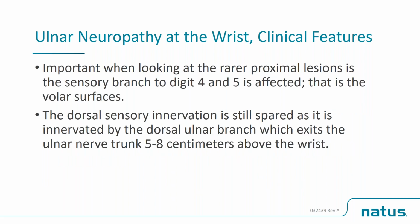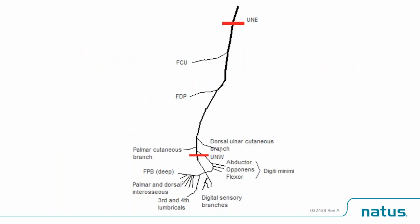And then, of course, looking at proximal lesions, dorsal sensory innervation is spared. Again, if the lesion's at the wrist, because it comes off proximal to the wrist. And there's the picture. So I don't know if my mouse shows up on the screen. I don't know if you can see that, but down here toward the bottom, you'll see that I have that